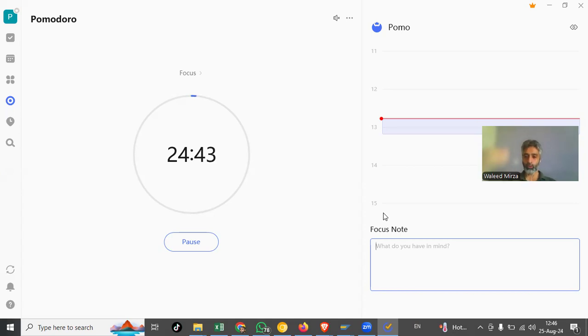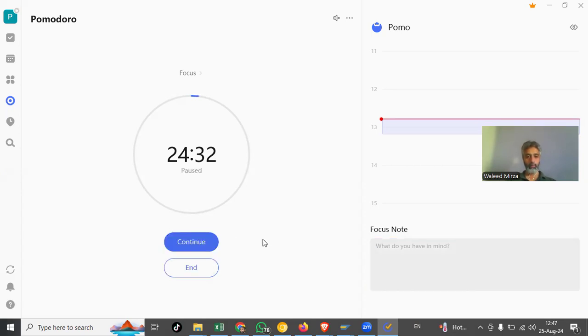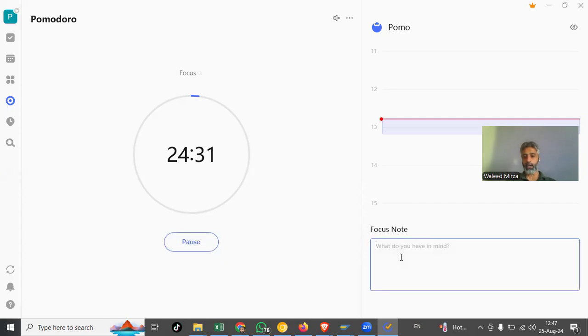I have to keep speaking for 25 minutes if I don't want to be labeled as a procrastinator. This actually helps you not to delay things. I can pause it and I can end it. I can continue it. I can add notes. Pomodoro is a good tool, which is a part of the TickTick